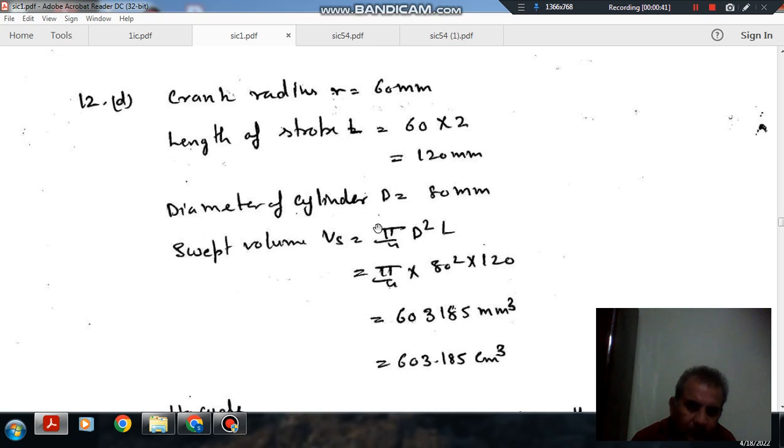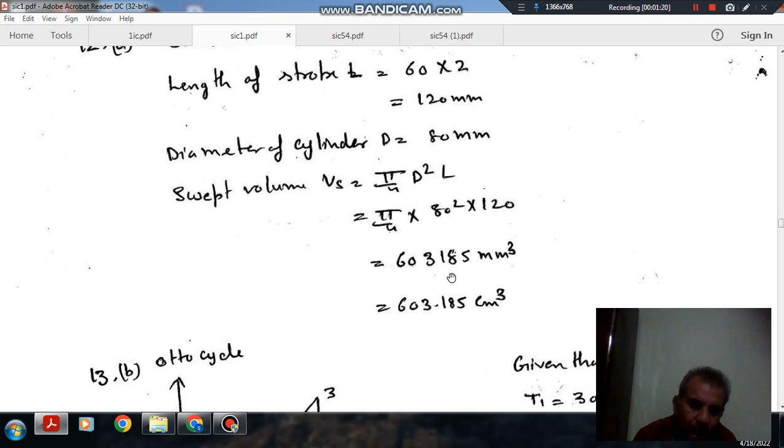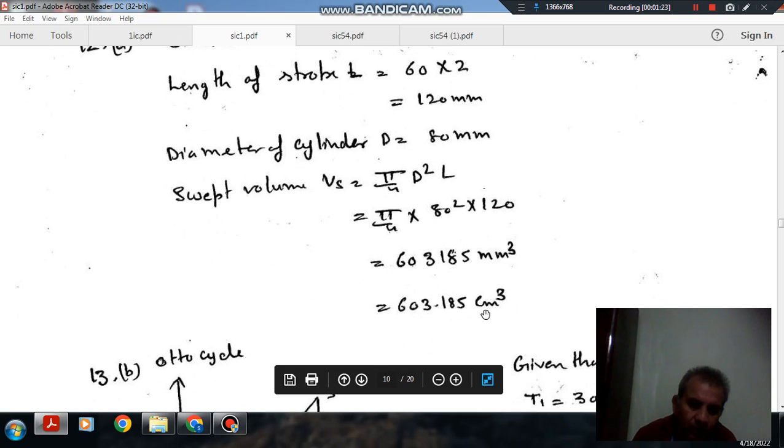The diameter of the cylinder is 80 mm and the swept volume is pi by 4 d square L, where d is the diameter of the cylinder, that is 80, and L is the length of stroke, 120 mm. When the piston moves from top dead center to bottom dead center, it travels a distance of 2r, that is equal to L. So the length of stroke here is 120 mm. So swept volume is pi by 4 into 80 square into 120, which will be 603.185